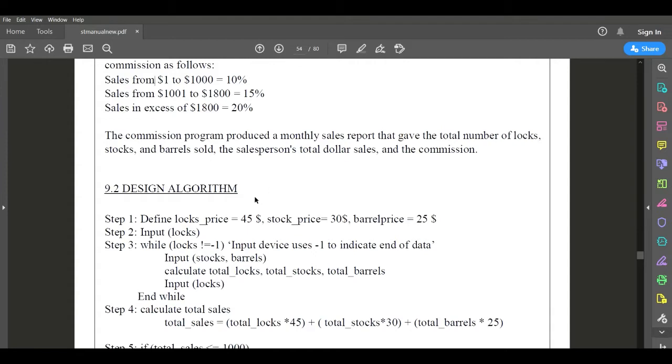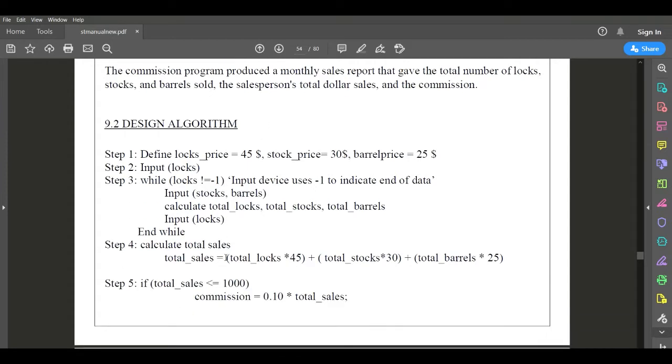Now the designing algorithm: how we have designed this particular program. We need to define the lock unit price, stock unit price and barrel unit price, the values which we have initialized here as 45, 30 and 25. In step 2, we give an input of the locks value and check that the lock value should not be -1. If it is -1, that indicates termination of the program, or end of data, or end of the sale. If the input of locks is not equal to -1, then the program should accept the